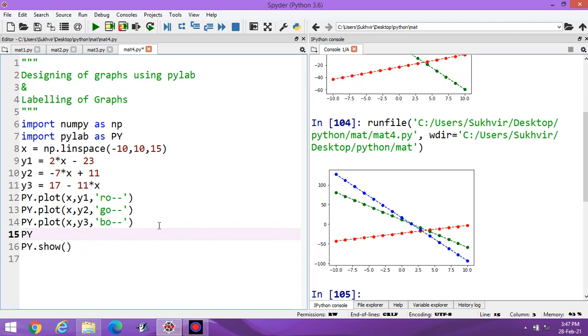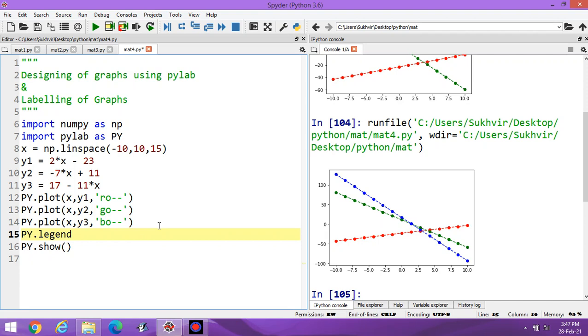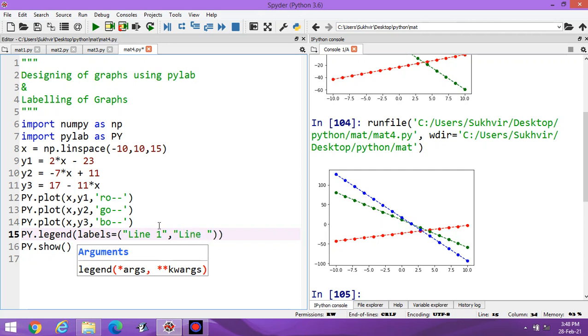Then inserting of titles: py dot legend. Suppose I am writing here labels, then line 1, line 2, line 3.